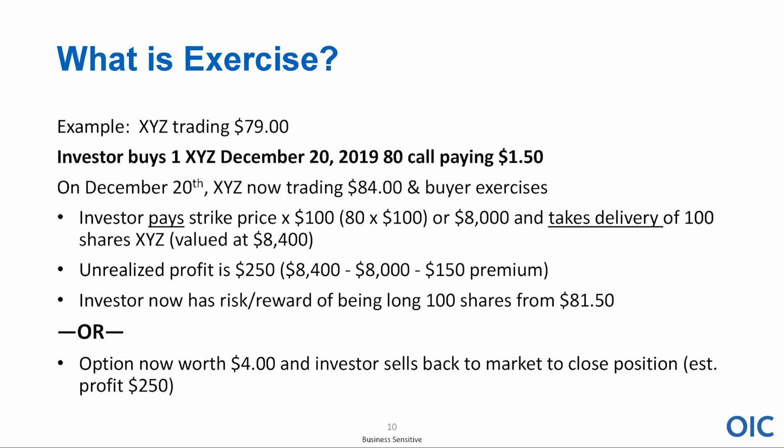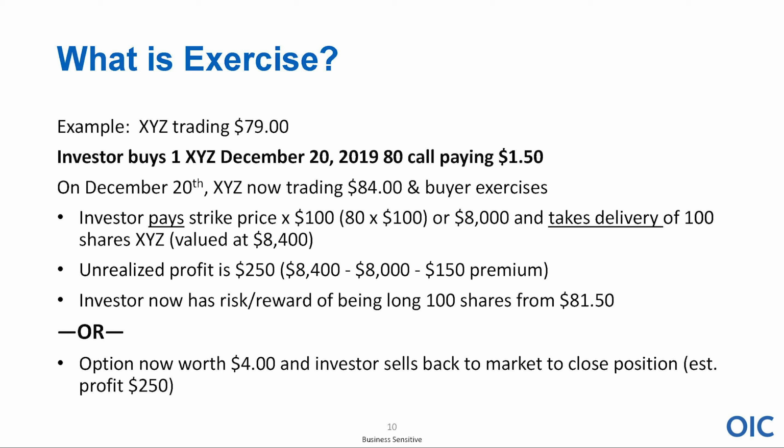Guess what? Most investors don't take delivery of the underlying stock. So this is where I thought the stock was going higher. It's trading at 79. I didn't want to put up $7,900. I think this is a $90 stock by the end of the year. I was right on the direction, but I was a little bit off on the level the underlying stock went to. So it's now trading at 84. So I have a choice here, don't I? It's an option. I have the option of taking delivery of the stock. I also have the option of selling the option back into the open market.